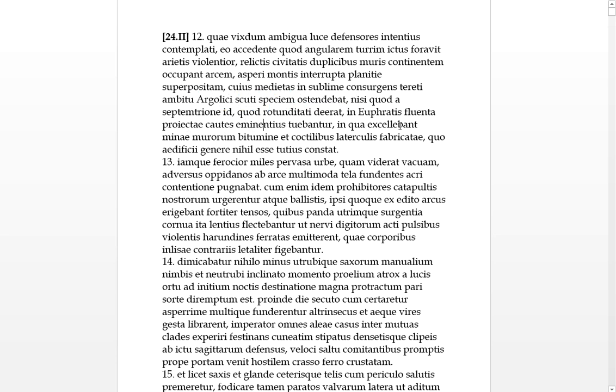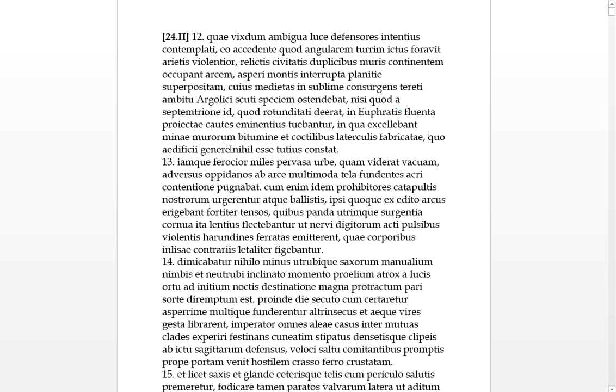Inqua exalabanted, it can mean threatening or battlements or some sort of thing. We have bitumine murorum. So these battlements are made here from bitumen, which is an asphalt of the walls, in which these excel particularly. So that's the best type of thing. And fabricati, which means they're made by fabricators, from coctilibus laticulus. Laticulus are bricks. Coctilus means they bake the bricks or something.